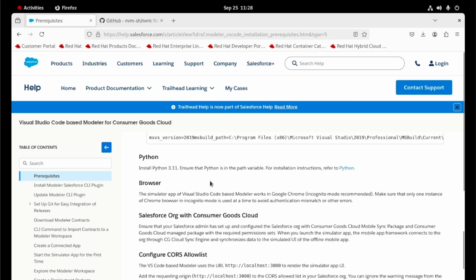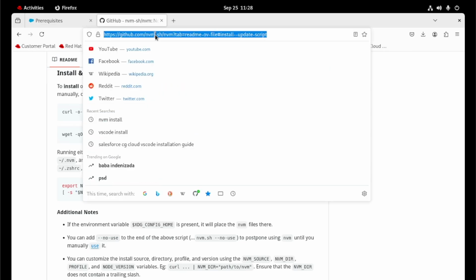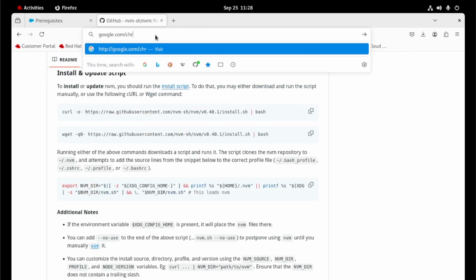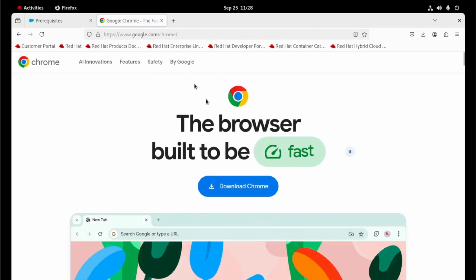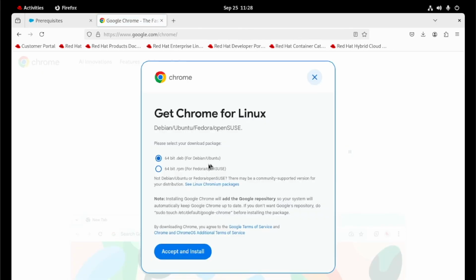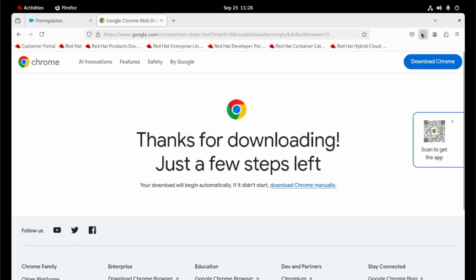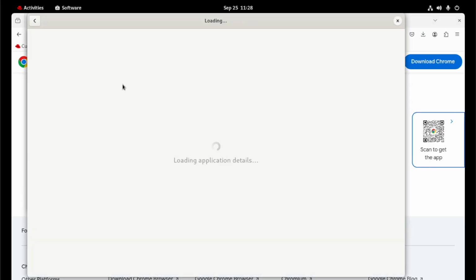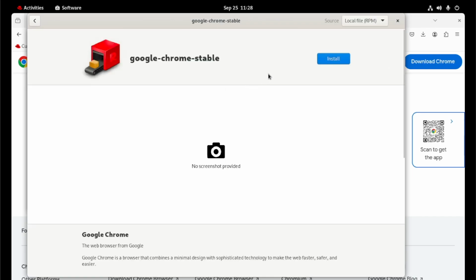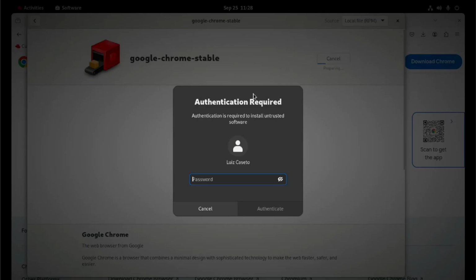Now we need to install the browser, the Google Chrome. I will open the website of Google and download the RPM. Okay, I will double click and install.